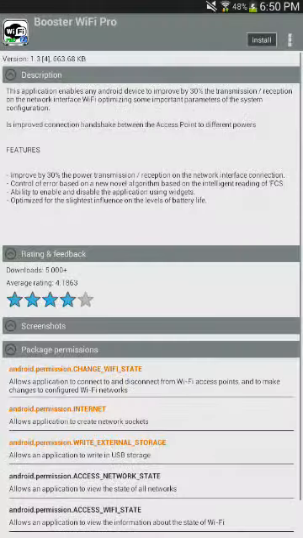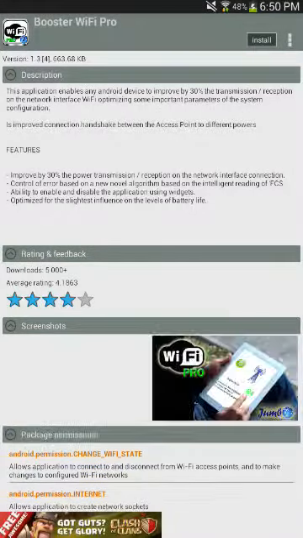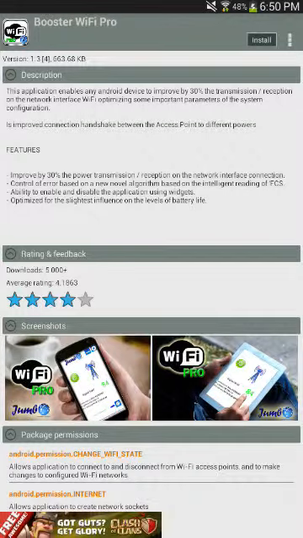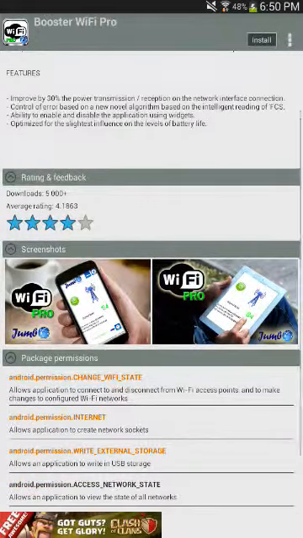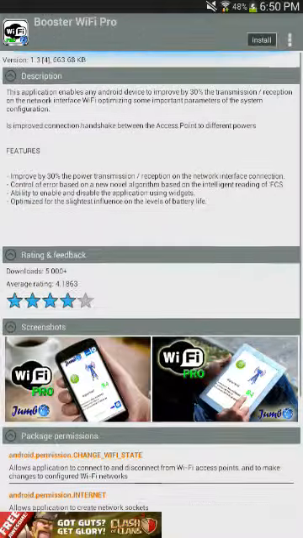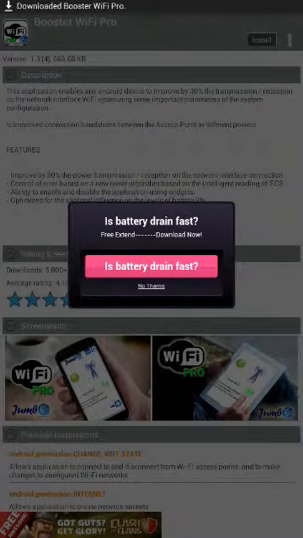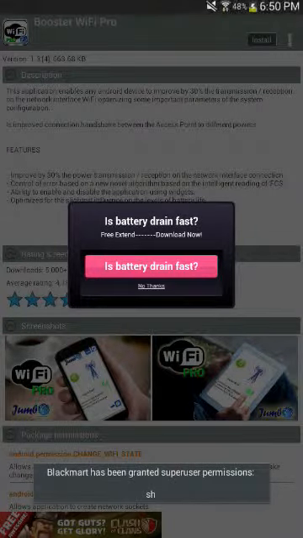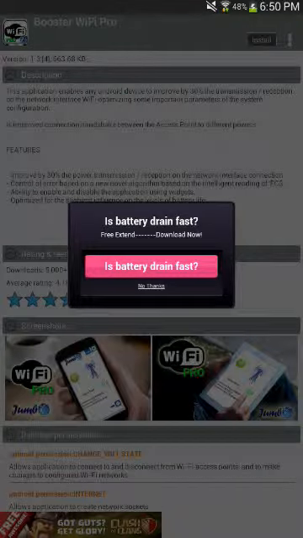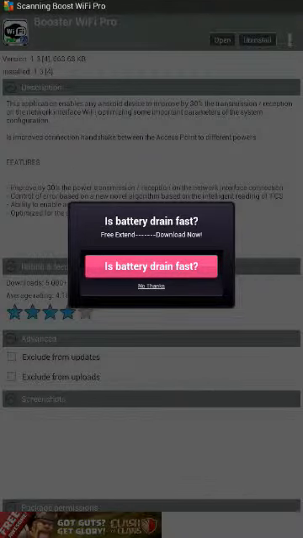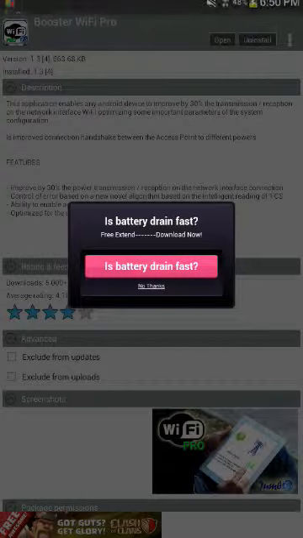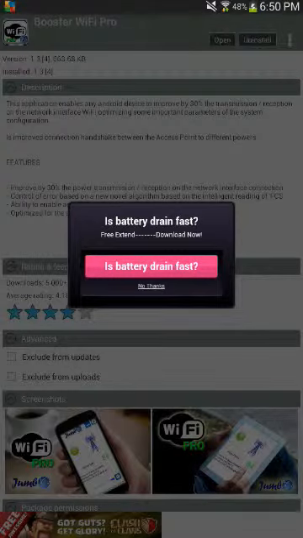Gonna click it. 663.63. See it? It's Pro. You're gonna install it. Click the install button on the top of it. Then it will start installing. After installing, this ad will show up. You don't click it. Just no thanks.